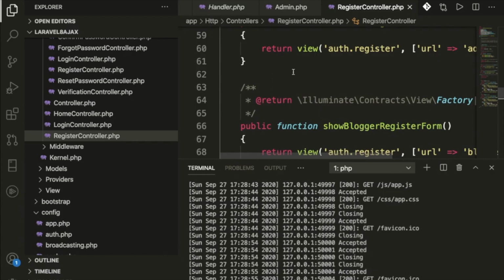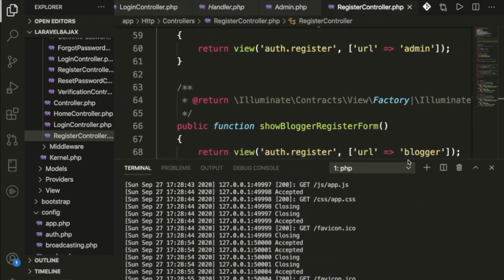I'm not going to explain step by step here, but I'm going to give an overview of how this is working. If you don't know how to install Laravel, how to create a model, or how to create a controller, first of all go watch my previous video. I have already uploaded how to install Laravel and how to create a model. So let me show you.